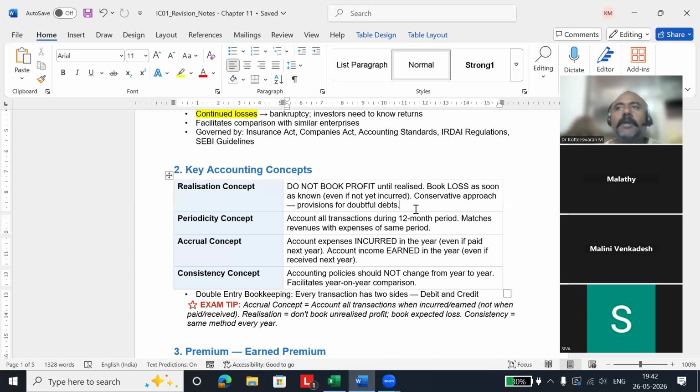For example, loss. There is a person who is going to put a claim. He is admitted in hospital for some kind of treatment. He is expecting 5 lakh rupees as treatment cost, and he has submitted the application to us. We have not approved it yet, but the claims application has come to us stating that 5 lakhs will be incurred maybe in 10 days. He is going to get admitted in 10 days and get treated.